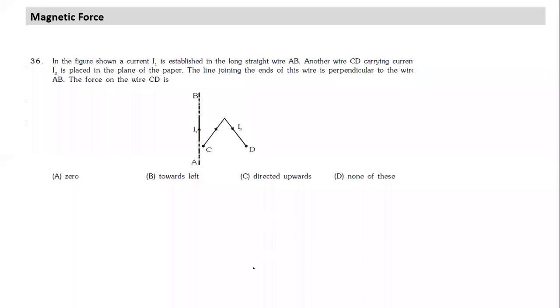Okay. Disha, can you answer? How would you find the direction of force? We're not interested in magnitude, only the direction. Can you figure out the direction, Disha? Yes, sir. First, we can find the direction of the magnetic field. Yes. Which direction of magnetic field will act? The entire thing lies on the right hand side. So what is the direction of the field everywhere, in or out? Inwards, sir. Inwards into the plane of paper.